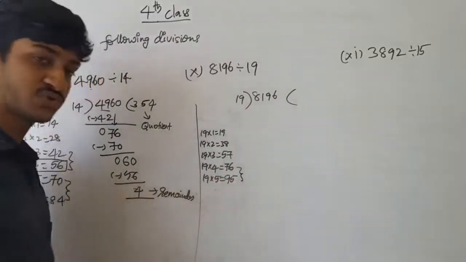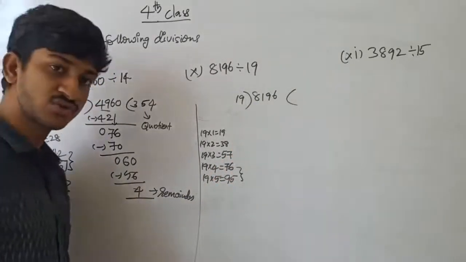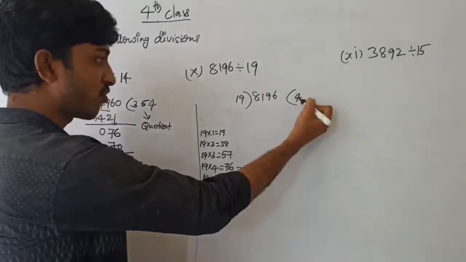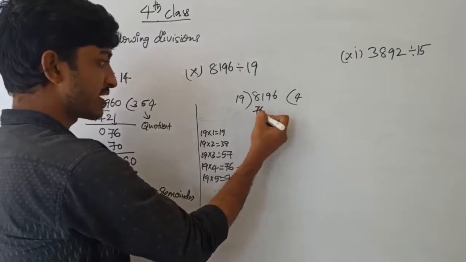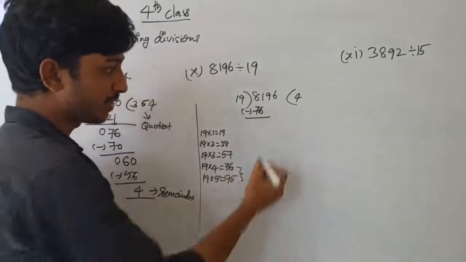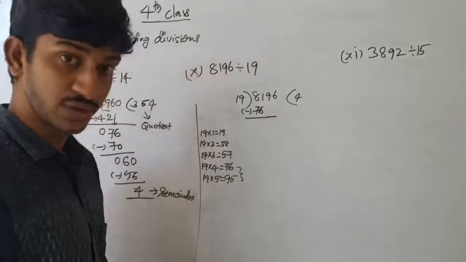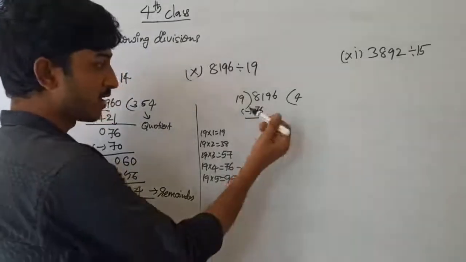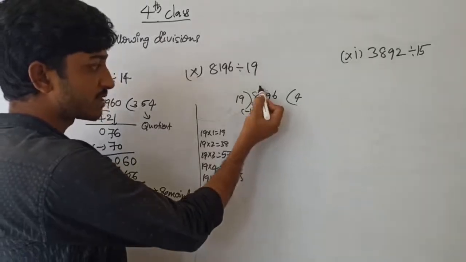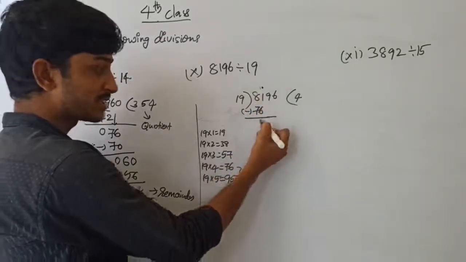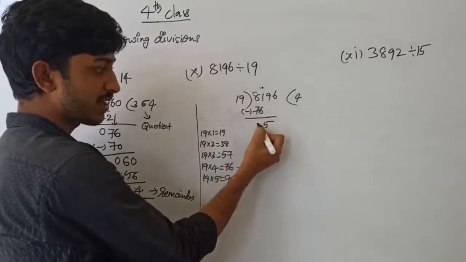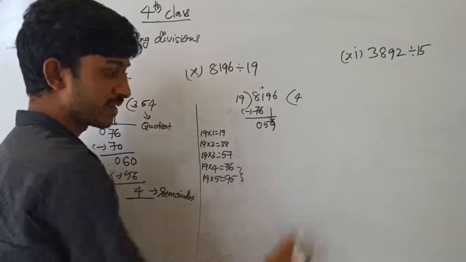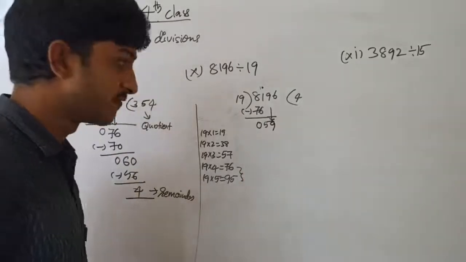81 is in between these two numbers, 76 and 95. So we have to take the nearer value that is less than 81. So I am taking 4 times. It is 76. Subtraction here: 81 minus 76 becomes 5. See here, I am taking 1 borrow to here. It becomes 10, 10 plus 1 is 11. 11 minus 6 is 5, and 7 minus 7 is 0. Now I am taking this 2 down here. It becomes 59.